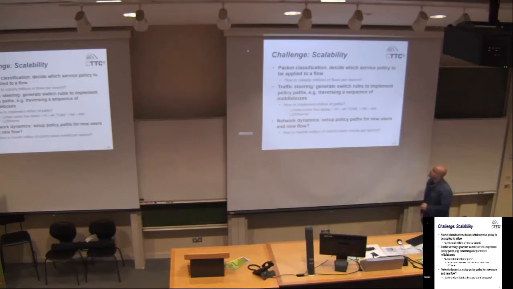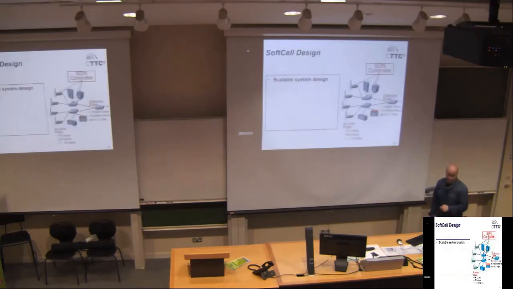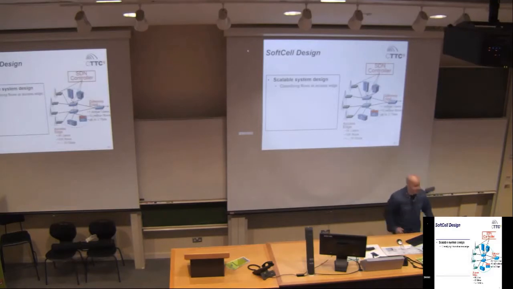The thing is also that we are including a controller here. We are including a controller which has to deal with a lot of requests. So we do not want to overload the SDN controller that has to manage the EPC. So what does SoftCell propose in order to have a scalable system design? First is classifying the traffic flows at the access edge. The access edge is here. Here, for every user initiating a connection,